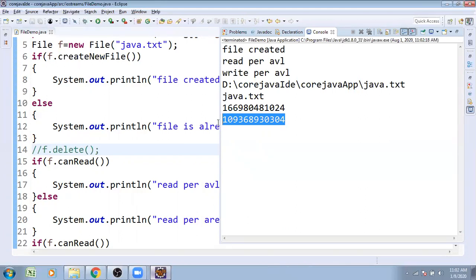To access those methods, there are n number of built-in methods available with Java. Through those methods, you can retrieve the data. This is the way we perform file functionalities in Java.